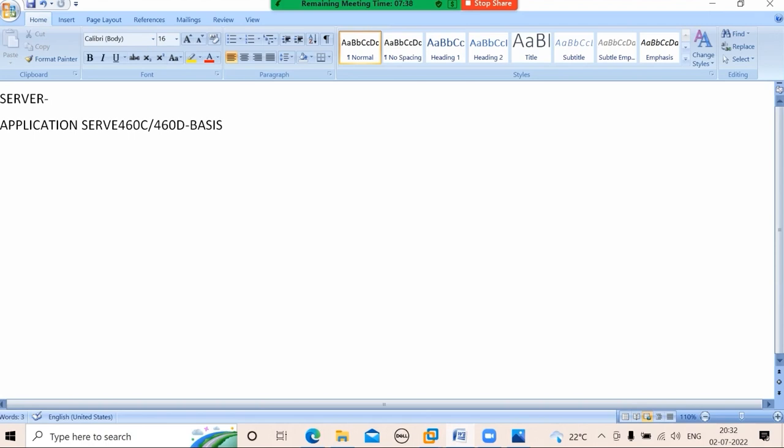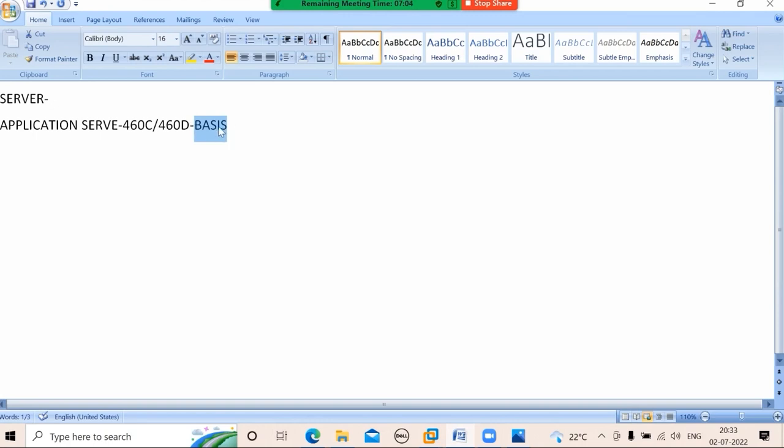my dears, I'm very sorry to say this, but you are not learning SAP Basis. Your course name is not SAP Basis anymore. That was Basis when the kernel version was 460C and 460D. At that time they used to call this module the administrative module, the Basis module. But now it is not Basis anymore. Now you are learning the NetWeaver platform. What is NetWeaver? I'll come to that.